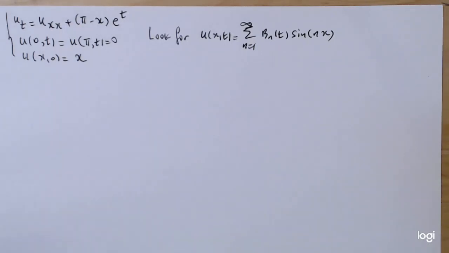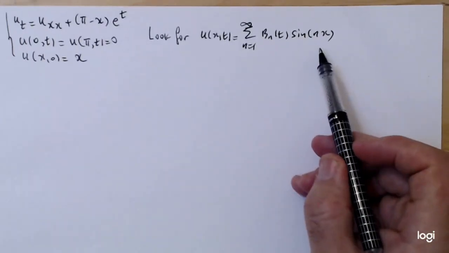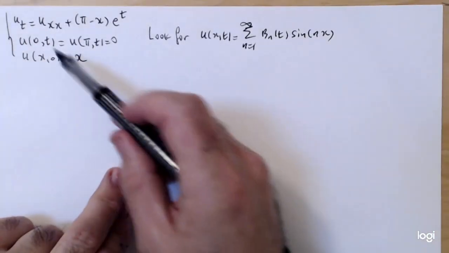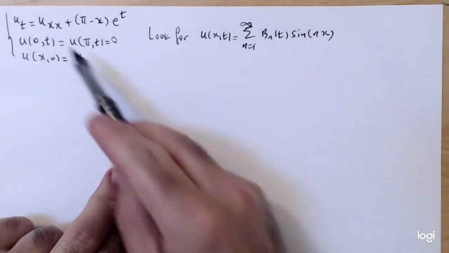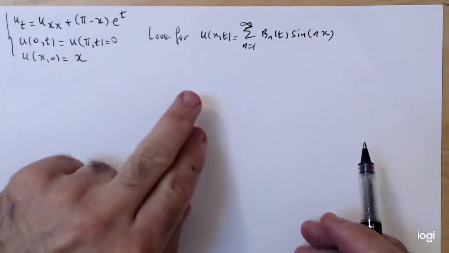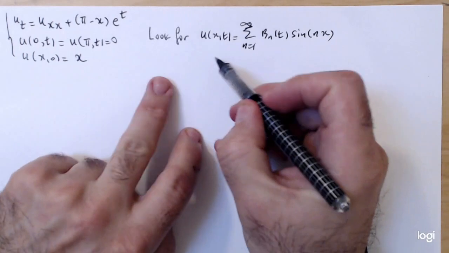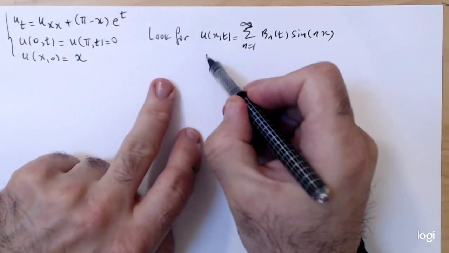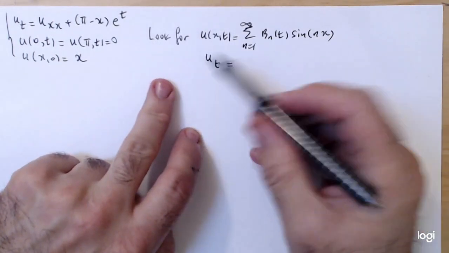Okay, so this is the problem again, copied on the left corner. We're looking for a solution in the form of this series. Let's get ready to differentiate with respect to t and x, and then plug it in here. So partial t, we have to be very careful on how to take these derivatives before we plug them into